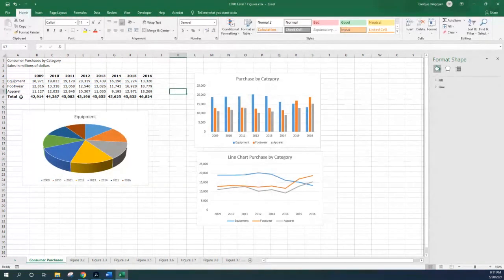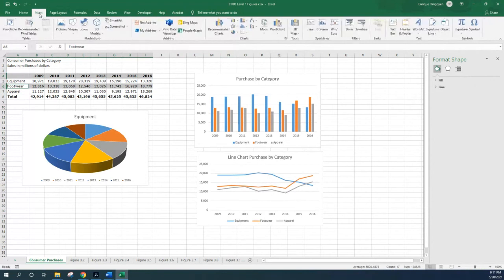If you want to have the footwear, I select this one, I press the Control key, and I select footwear. So I make two selections. Remember, press the Control key, select this one, press the Control key, select the second one, and then we have the selection. I select Insert,